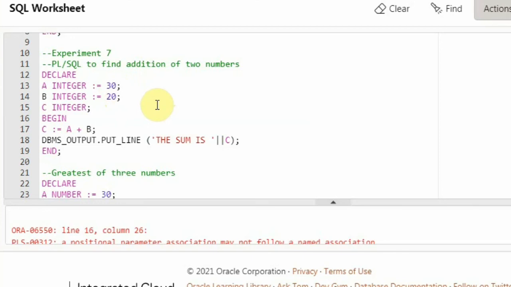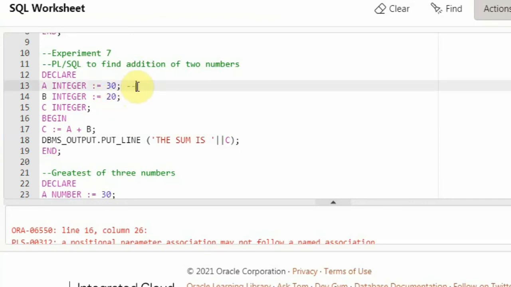If you want to take the input from the user, note that I'm demonstrating the programs in Oracle Live SQL, and this does not support reading from the user. So I have given the values of A and B directly.